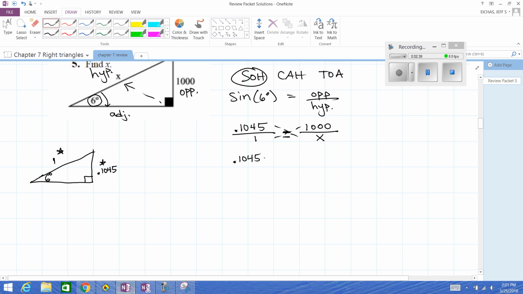Now it's cross multiply, and we'll divide by 0.1045. Okay, 1 times 1,000, everybody knows it's 1,000, so divide by 0.1045, and we get x equals, it looks like